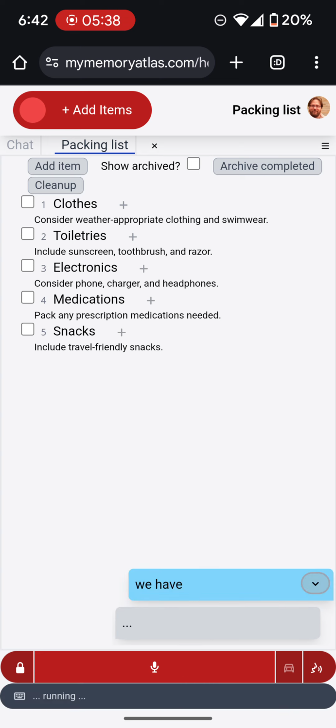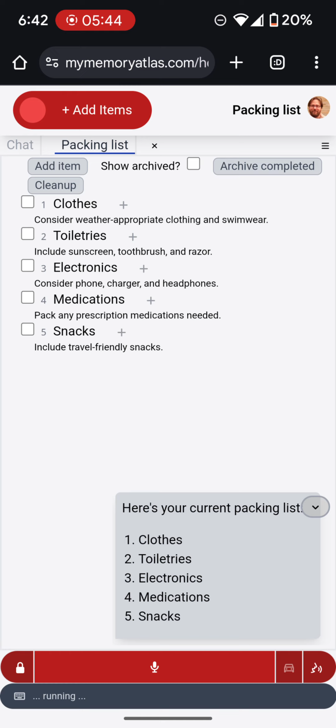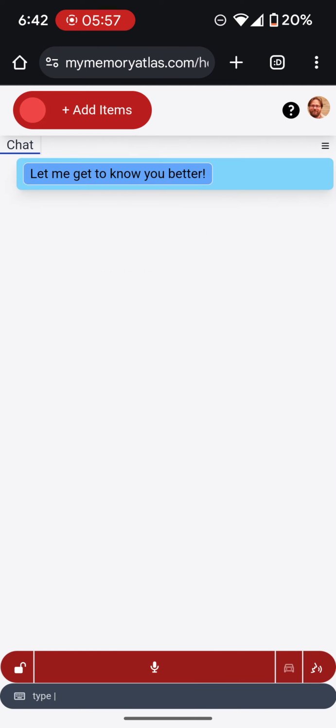Here's your current packing list: clothes, toiletries, electronics, medications, and snacks. And then we have, here's your packing list: clothes, toiletries, electronics, medications, snacks. So we have these different ways of interacting. We have the main way, this assistant that has this opportunity. We also have an onboarding here that